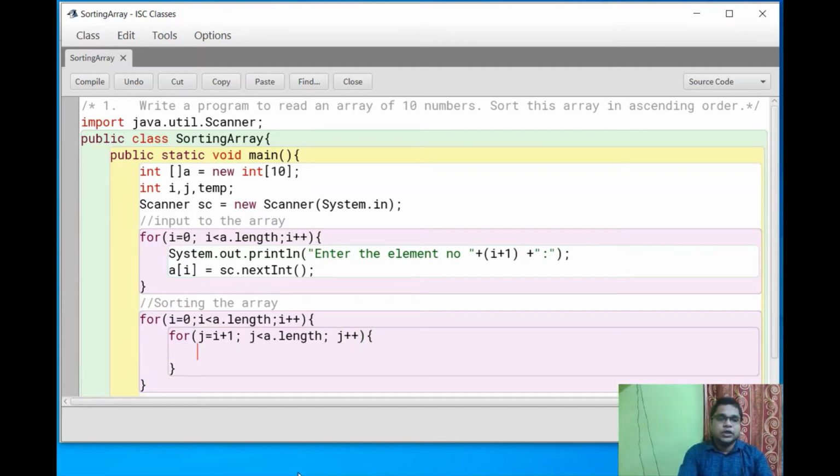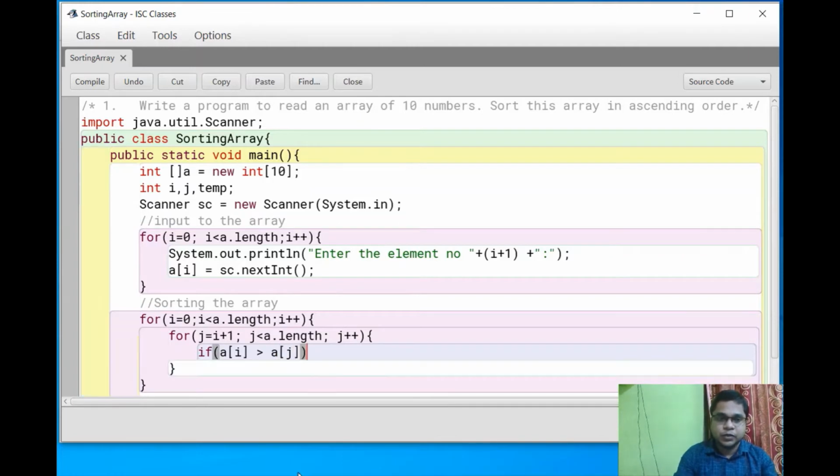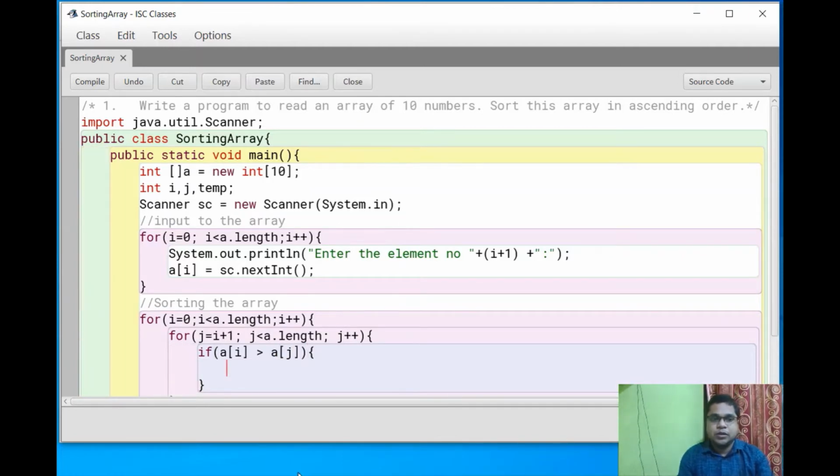Here in the inner for loop I have to check if a of i is greater than a of j. Here I am checking the first index value with the second index value. If the condition is satisfied, meaning the first index value is greater than the second value, then we need to swap between them.